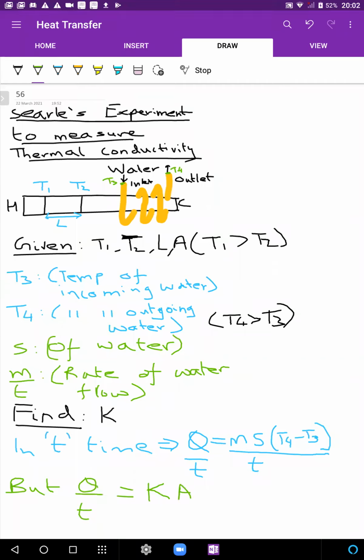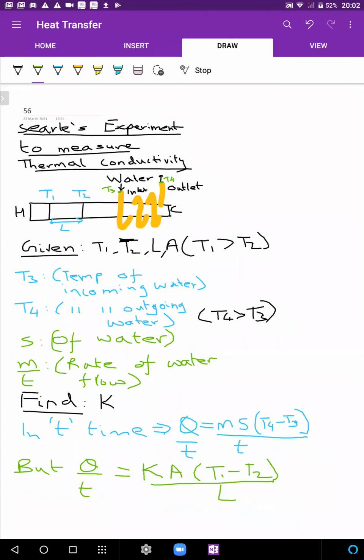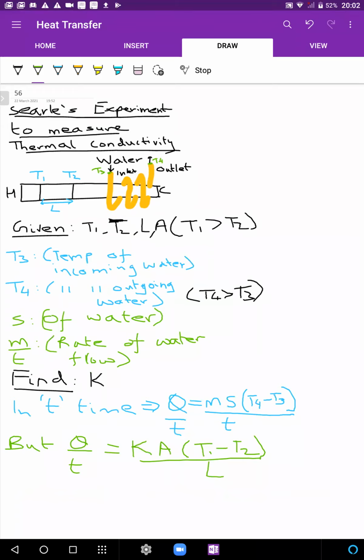K into the temperature gradient. Now the temperature gradient you can write for any section. dT by dx we are assuming is the same throughout the rod. You can write it for any section. If you want, write it for this section, because those are the values you know. You know that the temperature changes by T1 minus T2 over what distance? Over L distance. I'll just check your answers, but equate these two, and when you equate these two, you'll get your answer. So equating these two, the value of K will come.